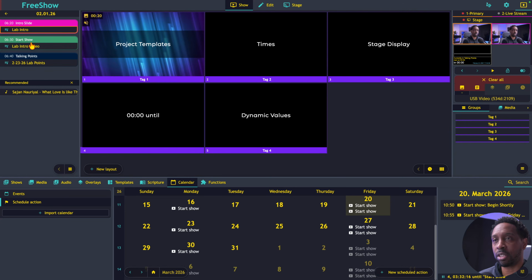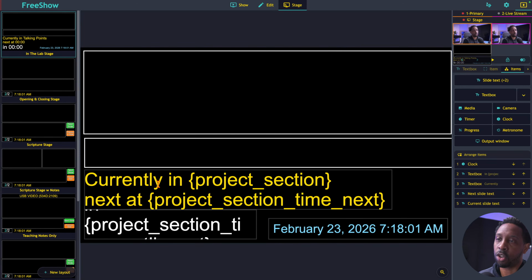So if you got a Sunday service, I would make one called Sunday Service, and it just has everything that you do on a Sunday service already laid out, all the times, because that's the next step. We added times in there next to each section, all right? And then when we got done adding the times into each section, we went in and we made a new stage layout that correlates with what is important for us on stage, where we added our project section because we made some sections, and we made project section time